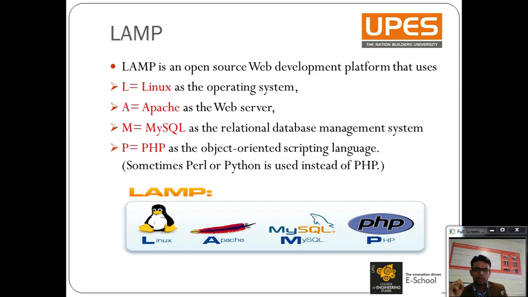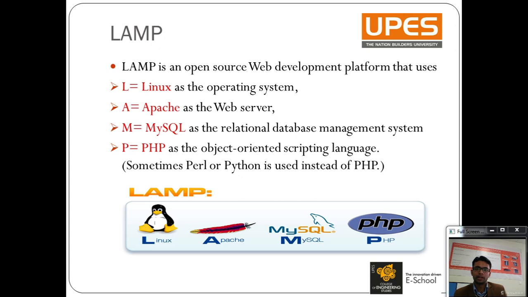First we'll see the LAMP. LAMP is originally four open source components. L stands for the Linux operating system, A stands for the Apache HTTP server, M is your MySQL relational database management system, and P is for PHP, which is your programming or scripting language. LAMP components are largely interchangeable and not limited to the original selection. As a solution stack, LAMP is suitable for building any dynamic websites and any other web applications.